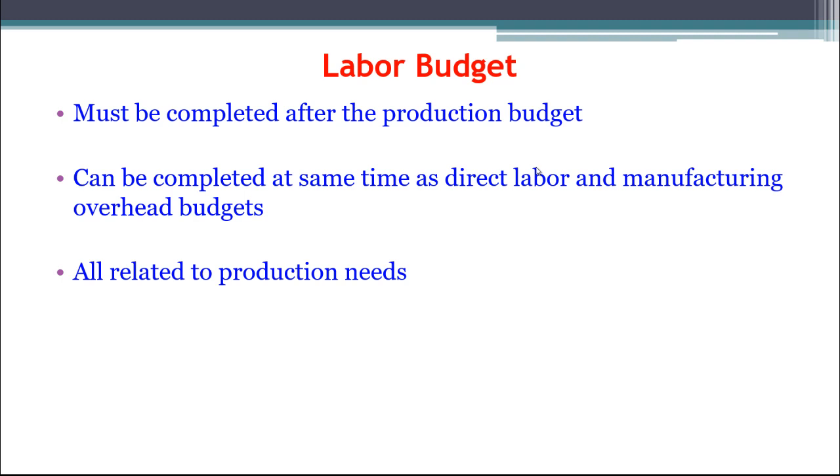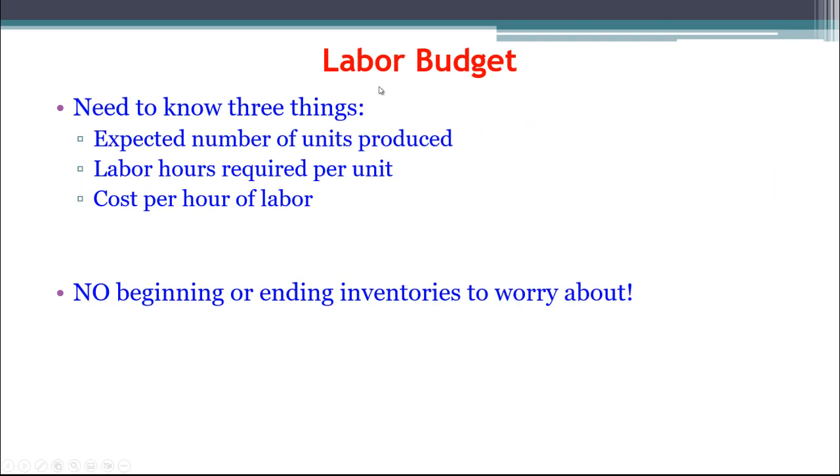The labor budget is next, and it can be completed at the same time as the direct labor and manufacturing overhead budgets, and for that matter the materials budget. They don't rely on one another. They all rely on the production budget though. So for the labor budget we need to know three things. We need to know the expected number of units to be produced, which came from the production budget. We need to know how many hours are required per unit, and we need to know the cost of each